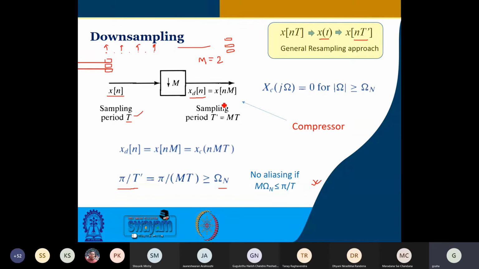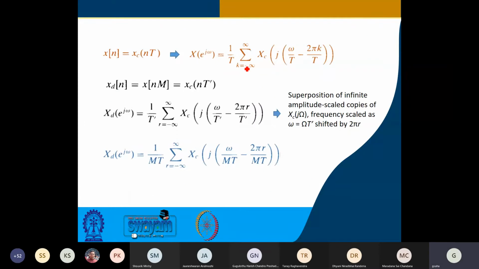This is also called a compressor. Okay, we have signals like this, where all the instances are available, right? But you now have a compressed version of the signal, downsampled. That means you are taking not all the samples, but every second sample or every third sample. So accordingly, it is getting compressed. But if it has all the required information to reconstruct the signal back, then there is no issue. So at the right hand side, you have a compressed version of the signal.